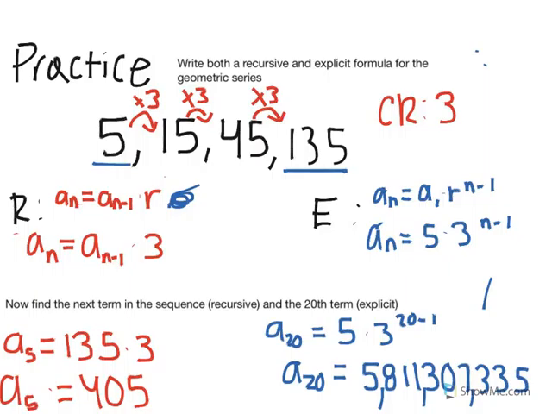Now, to find the 20th term, I would need the explicit formula, because I do not know the term in front of the 20th term. I don't know the 19th term. So the 20th term, a of 20, is equal to 5, the first term, times the common ratio to the power of n, when I'm trying to find 20, minus 1. So 3 to the 19th power times 5 is equal to